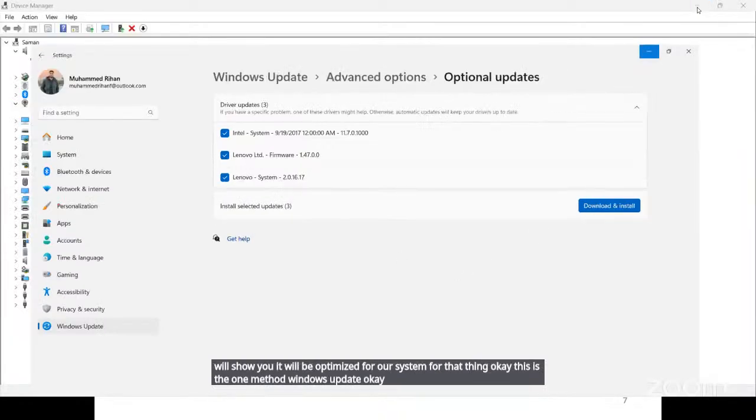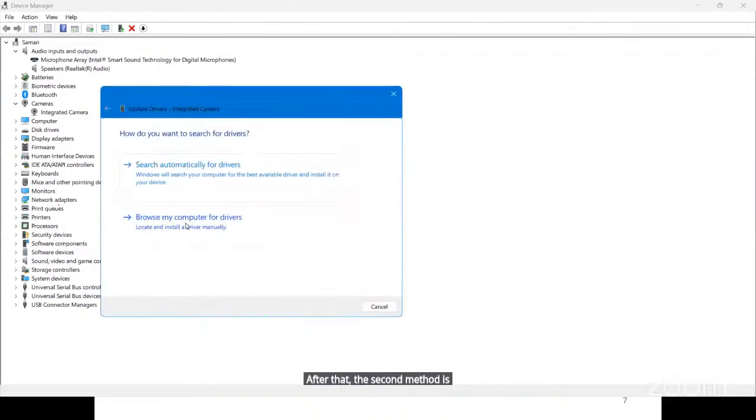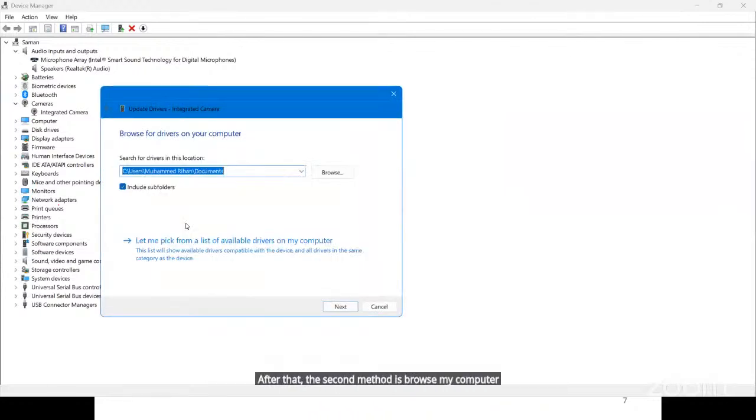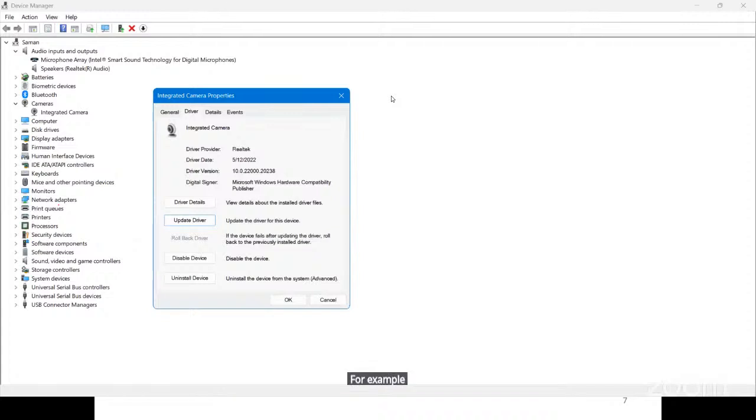After that, the second method is browse my computer for drivers. This method is quite different. In the first method, the computer automatically gives the driver. For this method, we need to manually feed the drivers. For example, I'm using a Lenovo laptop.